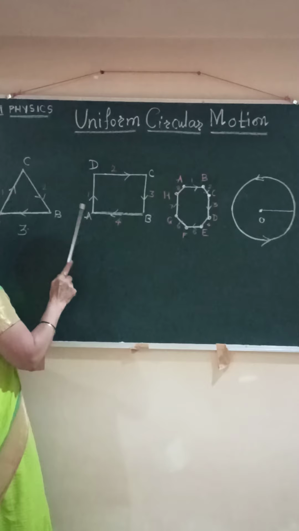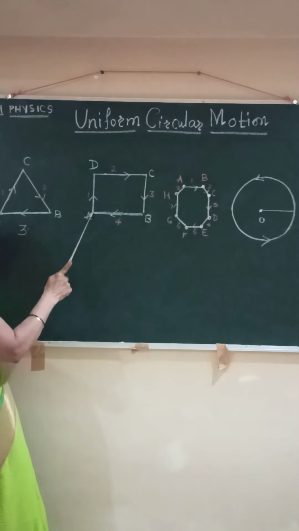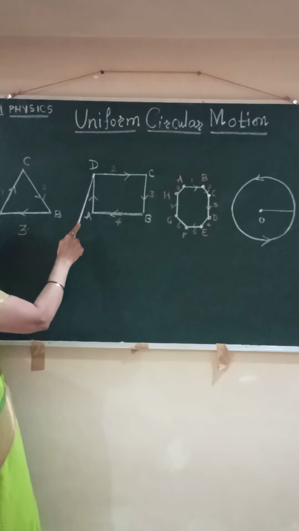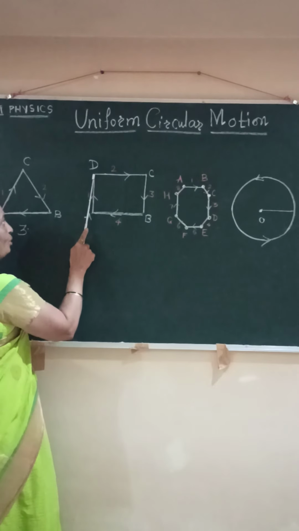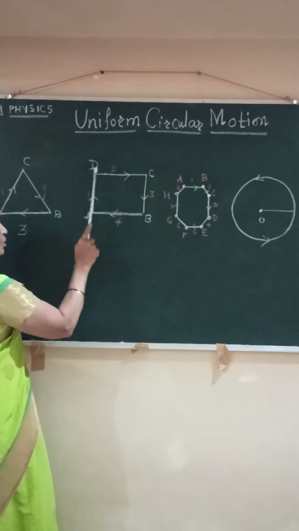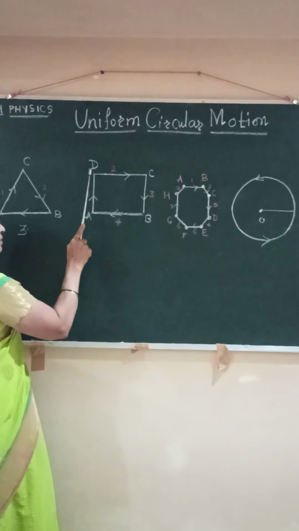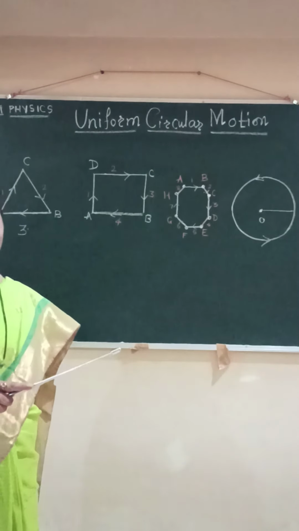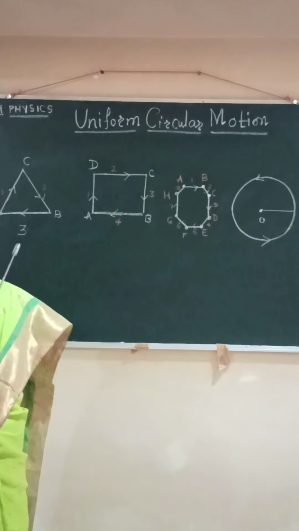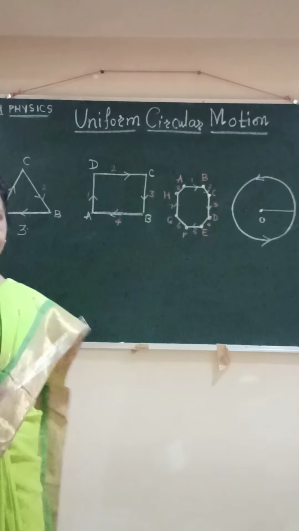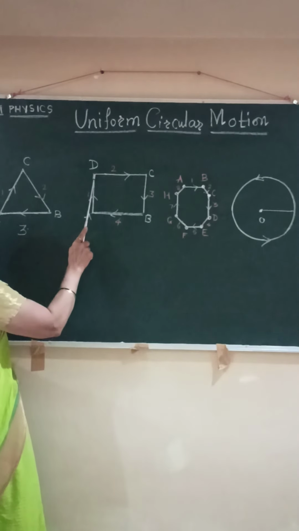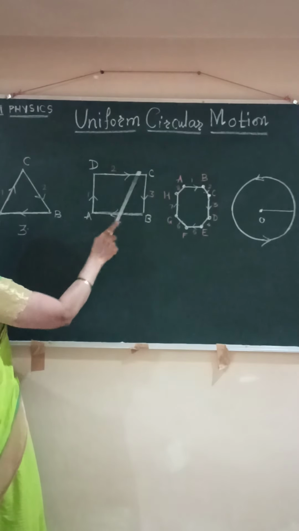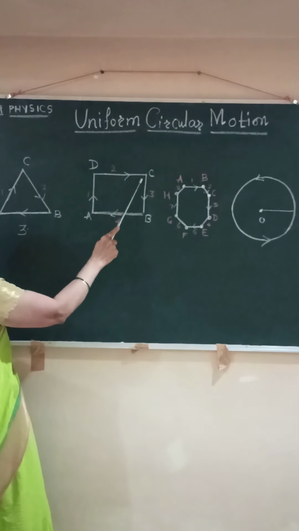Suppose the person starts the journey from point A with a certain constant velocity, that means constant speed. If it goes from point A to D with constant speed, but then has to go from point D to C, at point D the direction of that person changes, meaning its velocity changes, because velocity is a vector, so it has magnitude as well as direction. Though its speed remains constant, its direction changes, so we say its velocity changes.